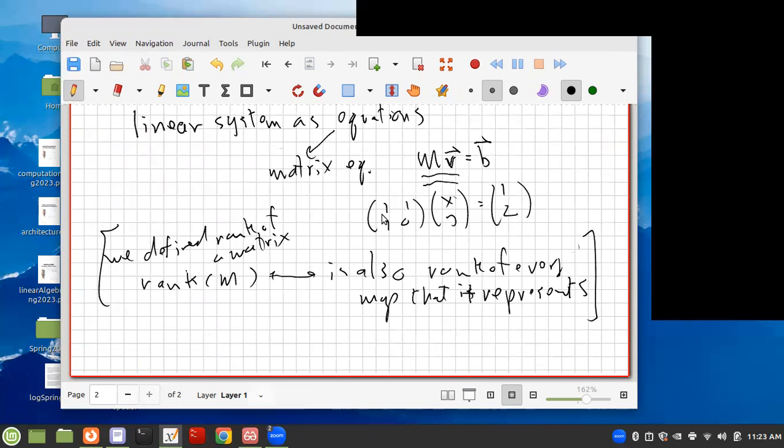So you can find whether a map is onto by finding the rank of the map. Now, since we know that the rank plus the nullity equals the dimension of the domain,